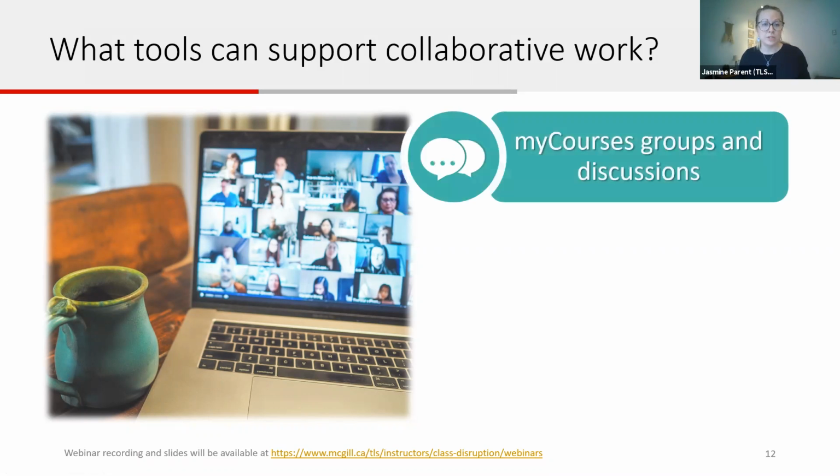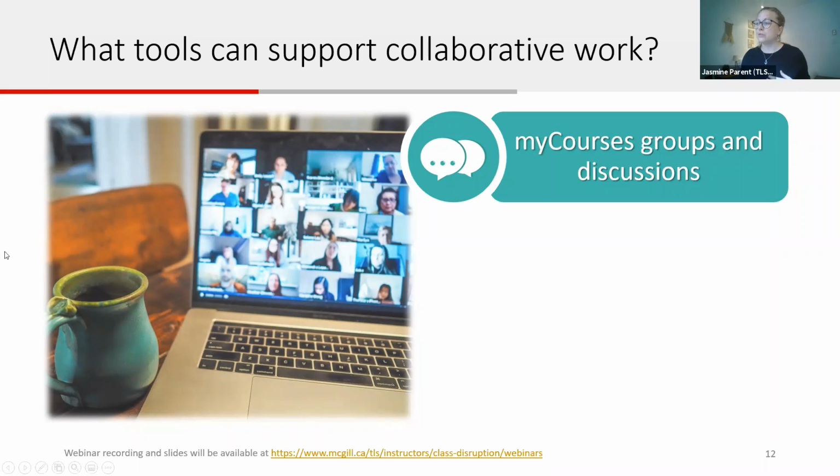So in reference to my courses, you can actually create your groups for your team assignments using the groups tool in my courses. You can manually create groups yourself, or you can set it so that students can actually enroll themselves into groups. You can then use these groups that you've created to set up an assignment space where students submit their work. So this is where only one member of the group needs to submit the assignment on behalf of the entire group. And you can also set up discussion forums where students can communicate with members within their group in a closed, restricted space.